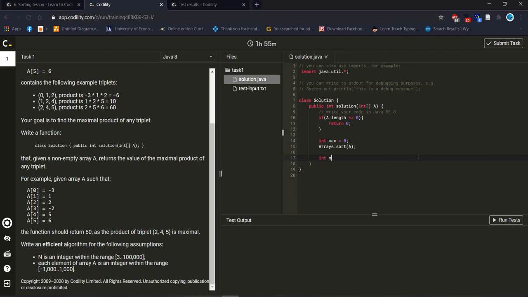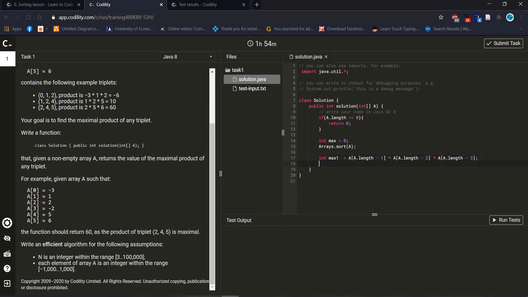Int max1 equal to, and it can be like this.